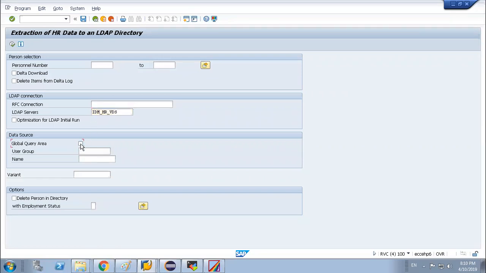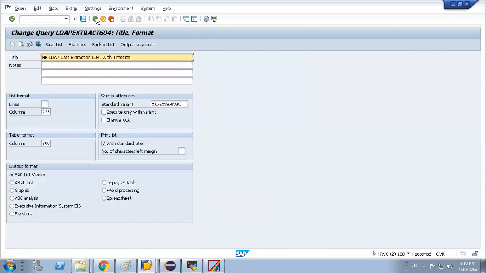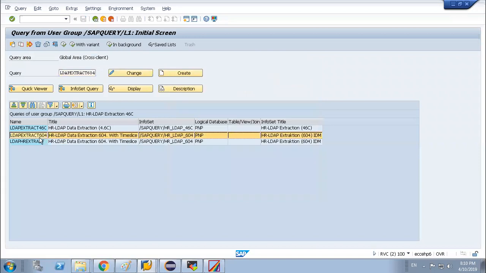What is the query area? Slash SAP query slash L1. What is the query name? I used to forget. Now go back. This is the query name.